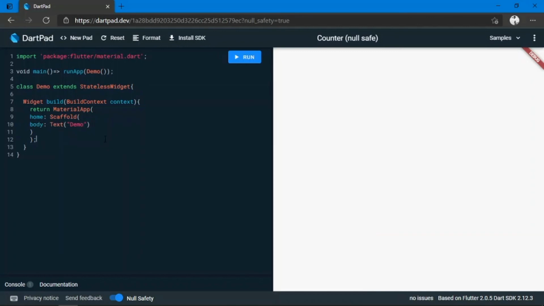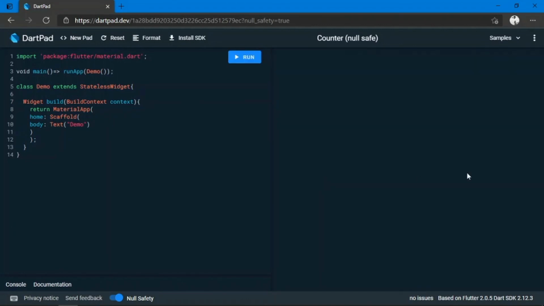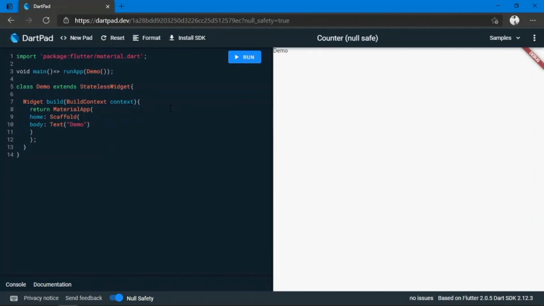If I run this, it should give me the text demo on the white background. You can see this is a white screen and the text is demo.